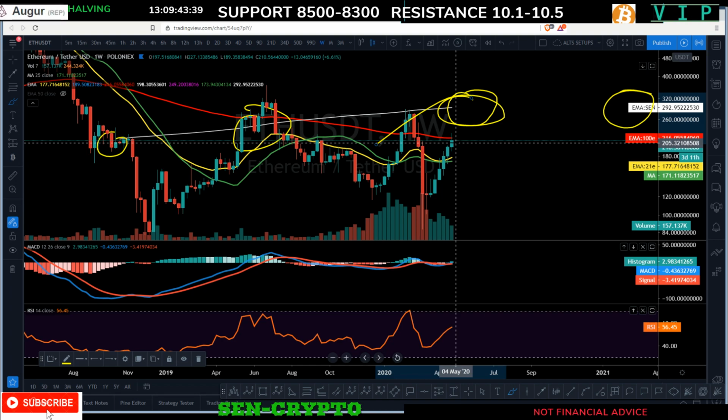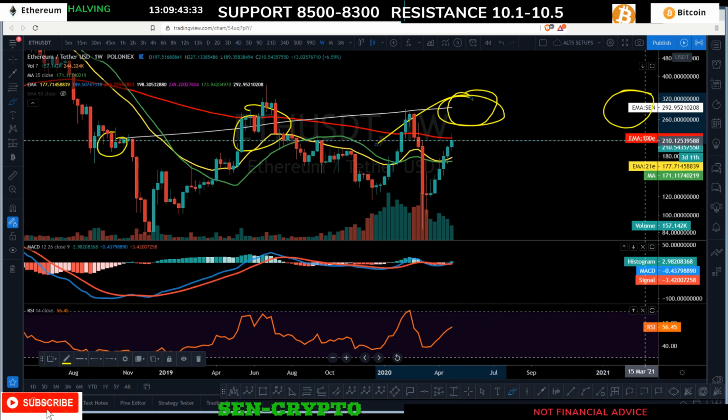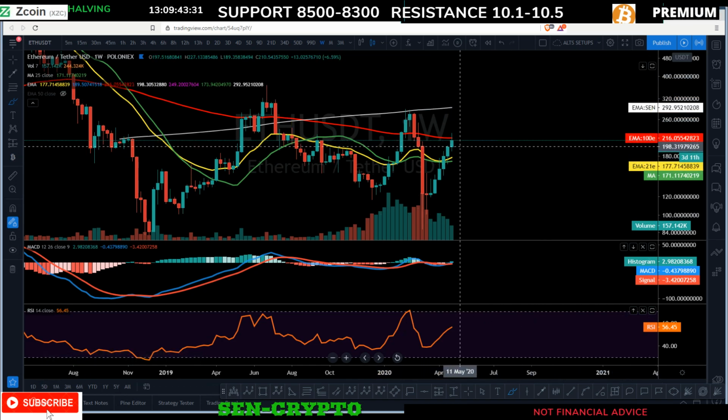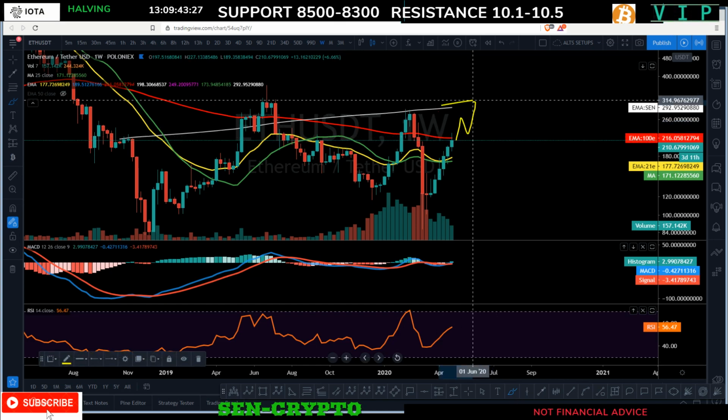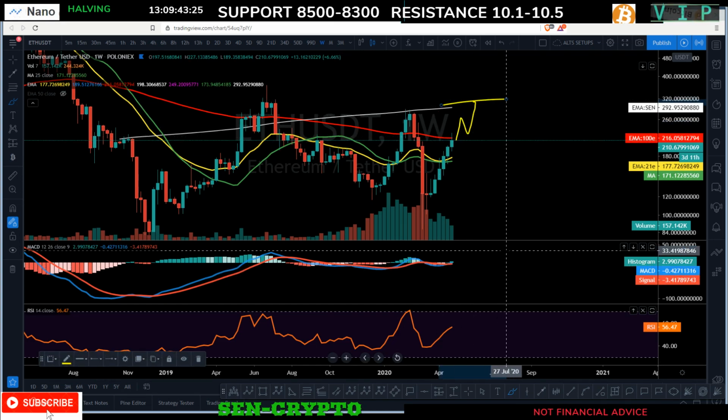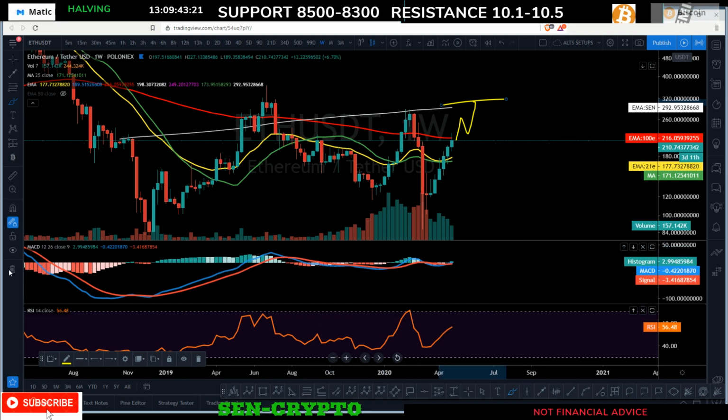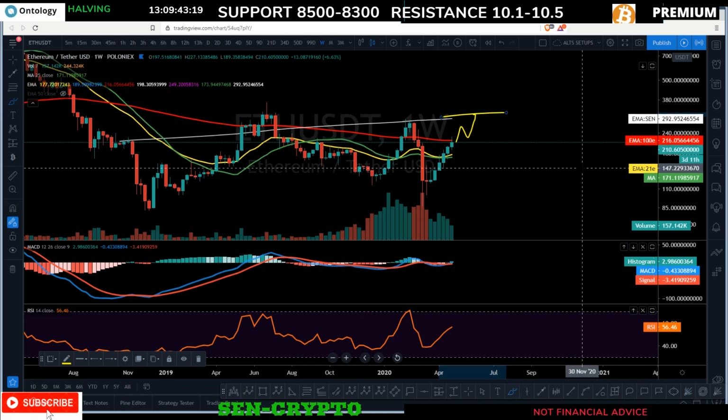But if we close above 220 next week, the next target for Ethereum is going to be $300. All right, so let's just keep that in mind. It's not a one-day target. It is going to be maybe a couple of weeks to hit $300. But I would not expect it in the first week of May or stuff like that, right? At least for the short term, right?